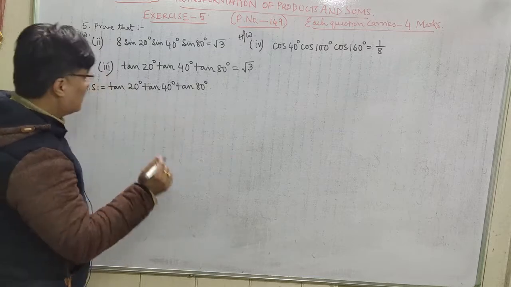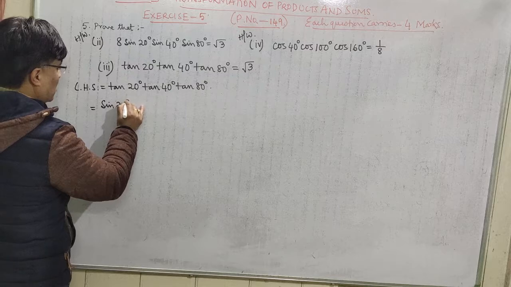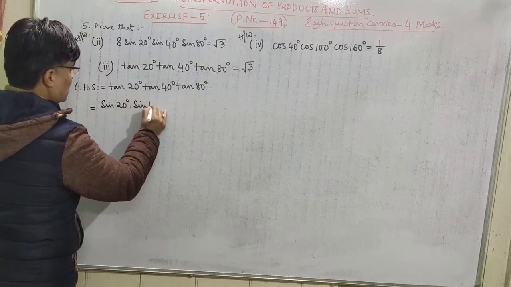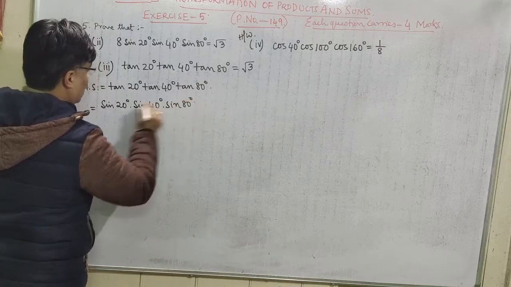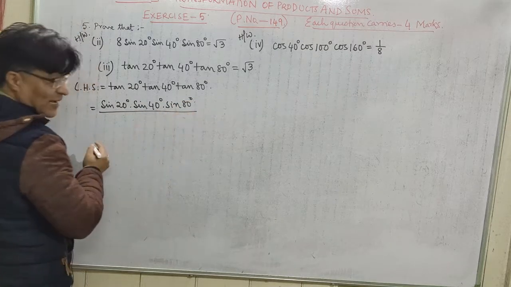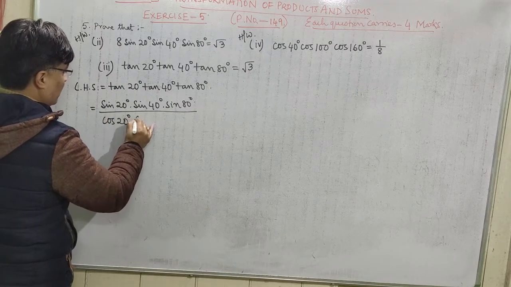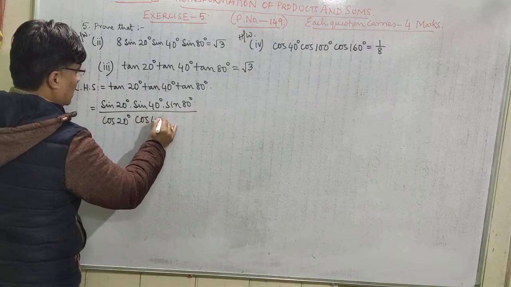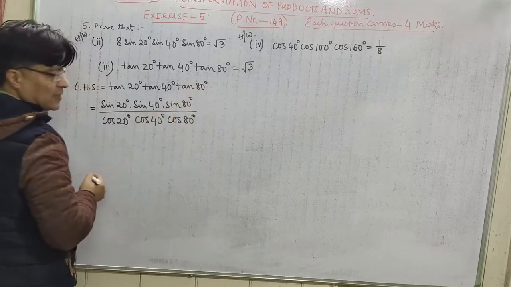Tan theta is sin theta by cos theta. So we can write here, in the numerator, sin 20, sin 40, sin 80 degree. And you know that sin divided by cos is tan. So sin 20 by cos 20, sin 40 by cos 40 and sin 80 by cos 80 is tan 80,